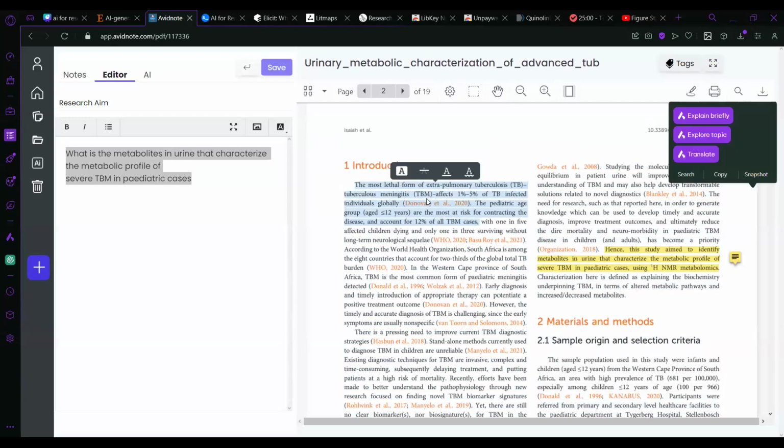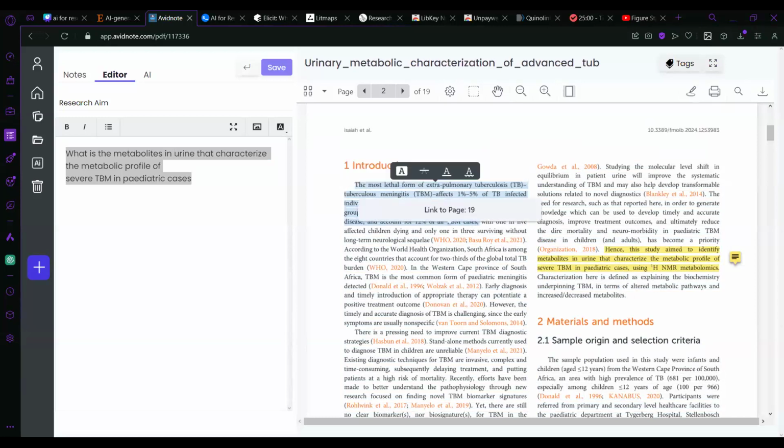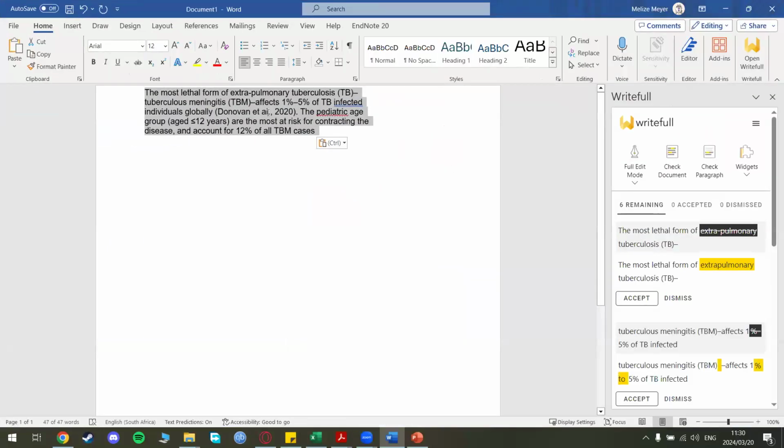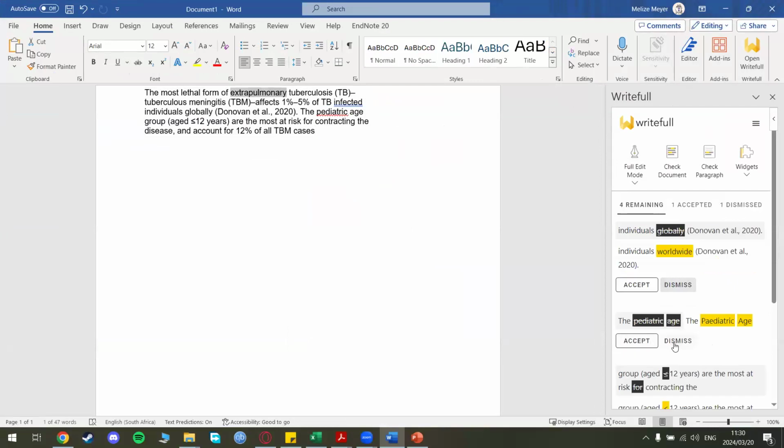And then also I'm just quickly going to copy and paste. I know I just talked about plagiarism, but okay, so Writeful will be able to check your paragraph and then give you suggestions. Oh wait, let me just change my screen again. There you go. Writeful will be able to give you suggestions on how to rewrite certain things, and you can accept or dismiss any of them.